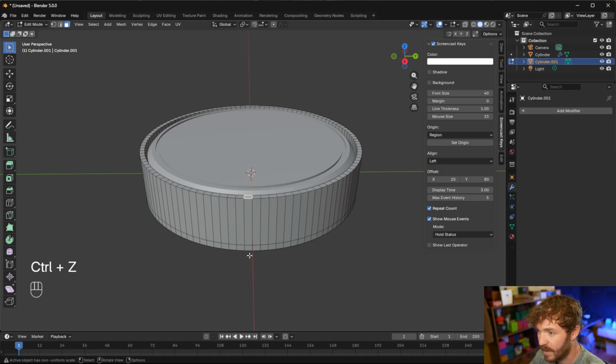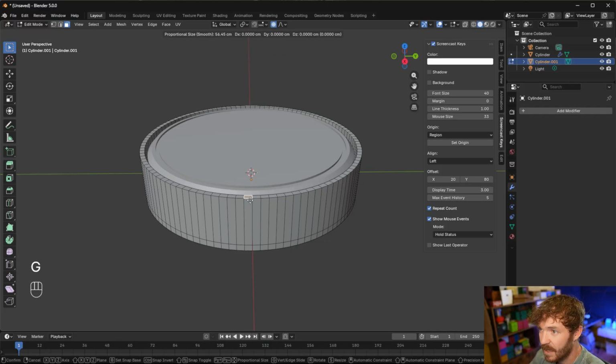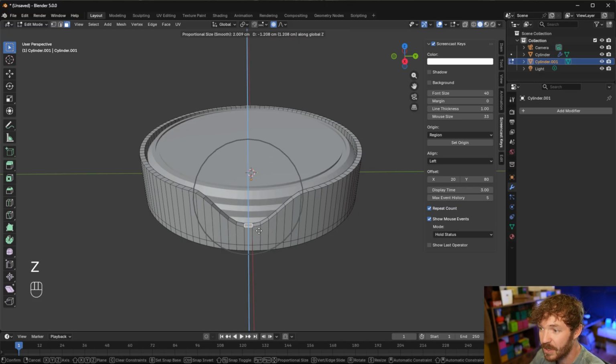Now, if I come out of there, if I hit O to turn on proportional editing, you can also do it by clicking this little button up here. Now when I hit G, and if I just scroll down a little bit so you can see this circle, you can scroll on the mouse wheel to see how much is affected. I can now scroll this down on the Z